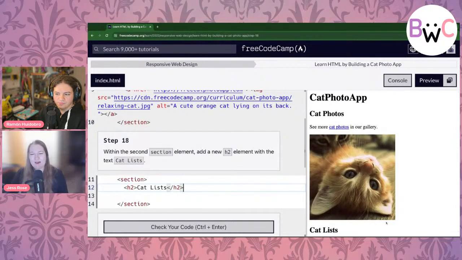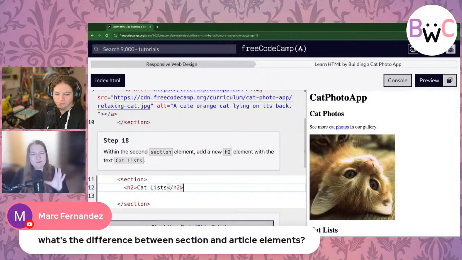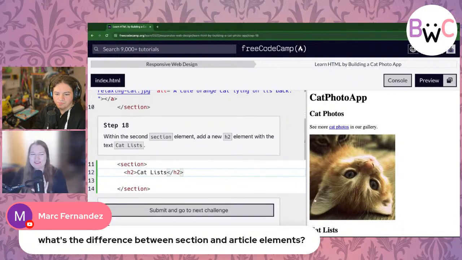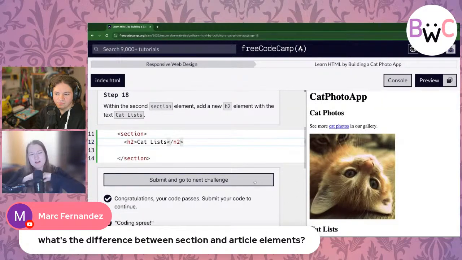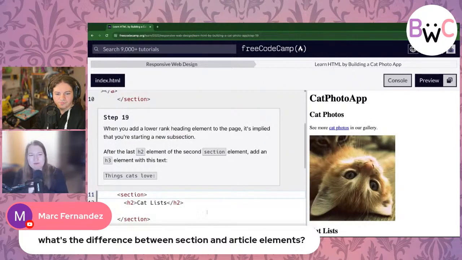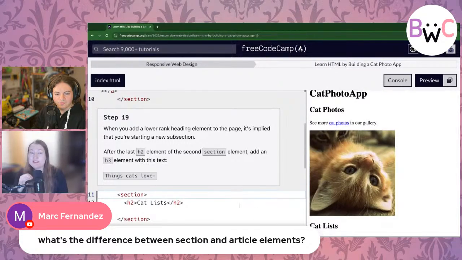Okay. While you're doing that, Mark asked a really good question. What's the difference between a section and an article element? We'll learn about articles later, I promise. These are two different elements that do kind of the same type of thing. Whenever you're picking elements, you always want to pick the one that has the most specific meaning, the best semantic.